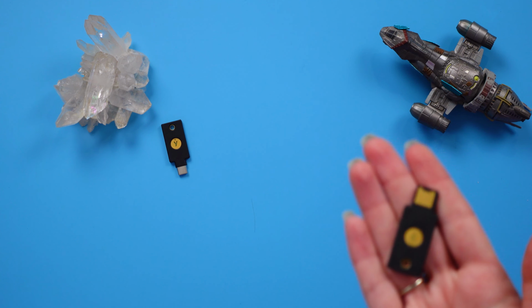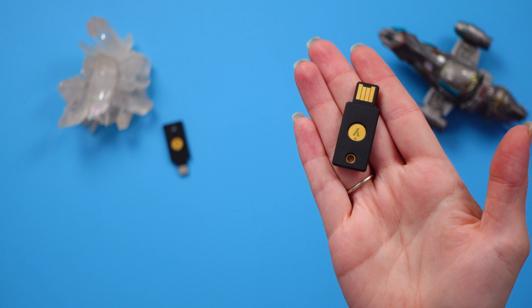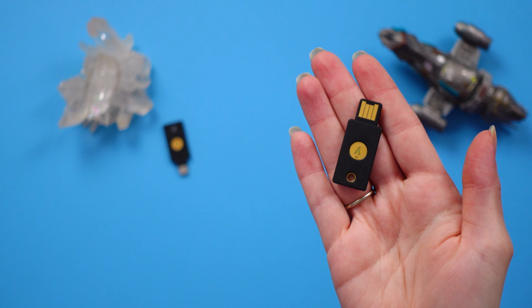And if you forget your PIN or you lose your finger, hopefully that doesn't happen, then getting a non-bio backup key, like a YubiKey 5 series, can save you a little bit of grief and can save you from losing access to your accounts. The last caveat I want to bring to your attention is that even if you currently